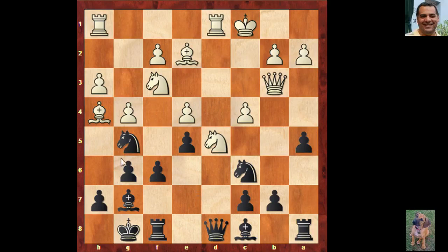Okay, so first thing, if knight takes e4, then knight takes f6, it just wins the queen, so that's to be avoided. Knight takes f3 is played. You might think, well, if knight takes f6 here,